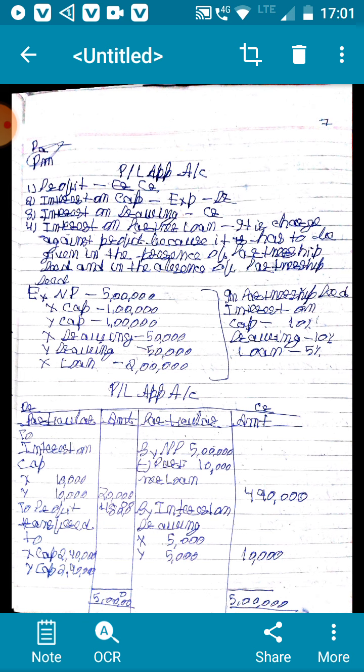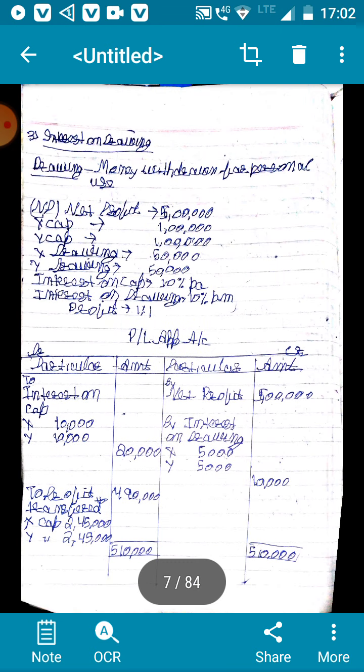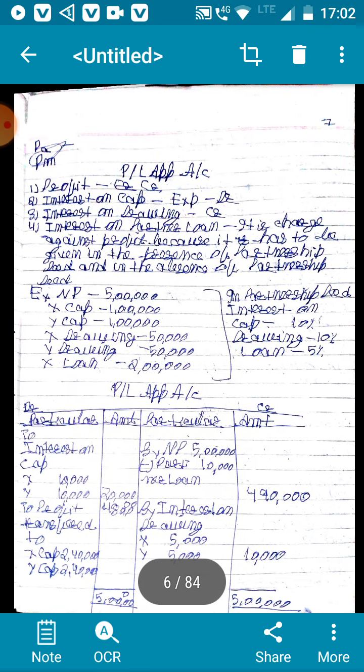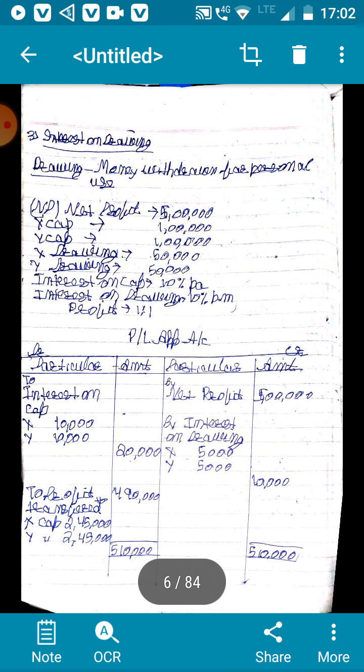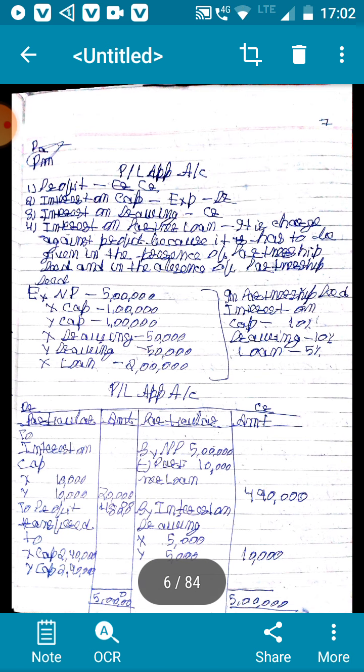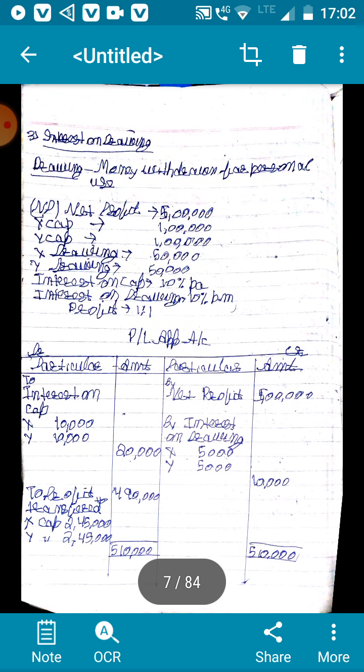When the partnership deed provides interest on loan at the rate of 6% or 5% or 4%, we will give that. If the partnership deed does not provide interest on loan,